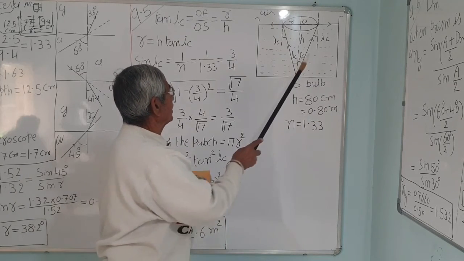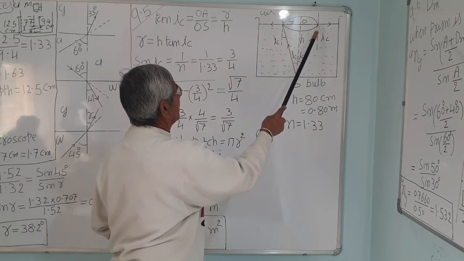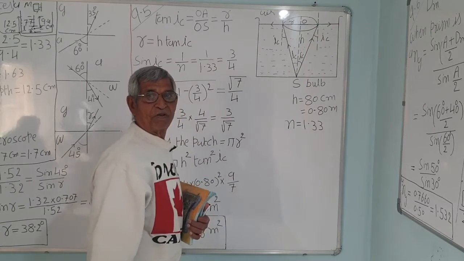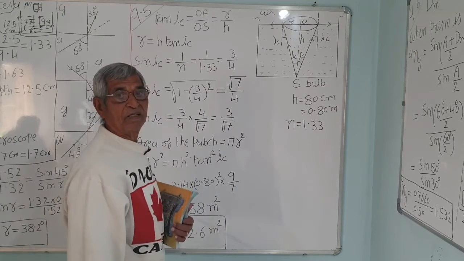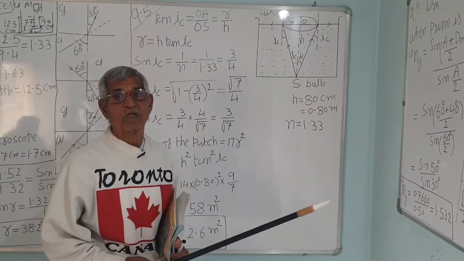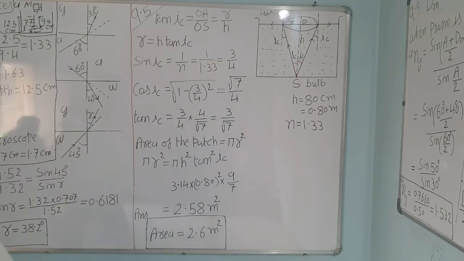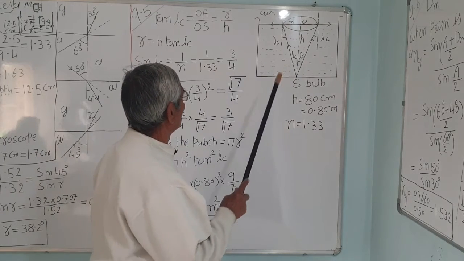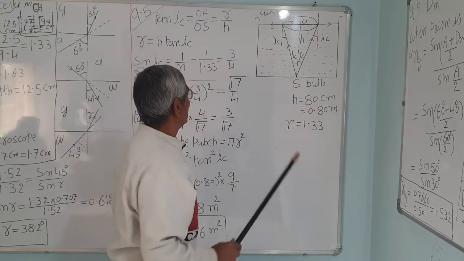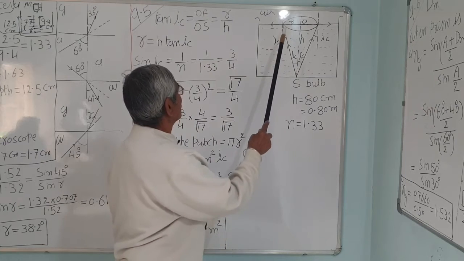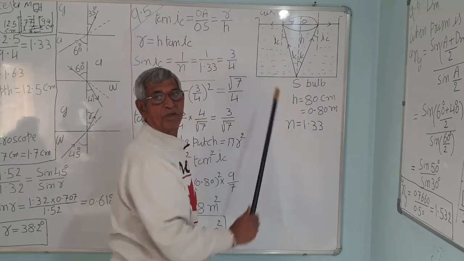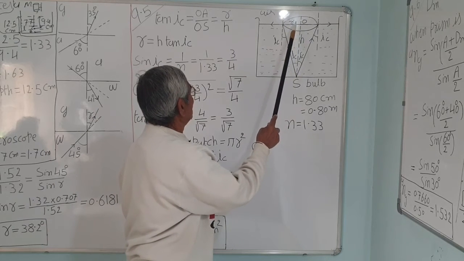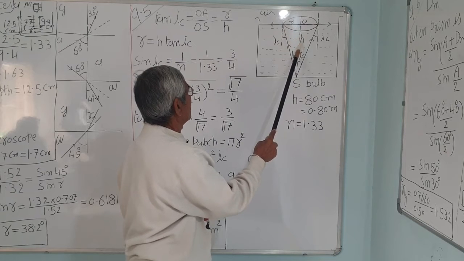And then after, if the angle increases, exceeds the IC, then instead of refraction, the reflection will take place. That is what we call total internal reflection. It is not a simple reflection, it is total internal reflection. It is somewhat different from ordinary reflection. Correct? Totally, most of the light is reflected in the medium from which the light came. So now we have to calculate this area. The area, you know, is equal to pi r square. So R is to be computed. H is given. Correct? So R is to be calculated in terms of H.